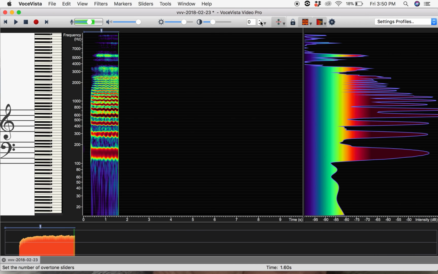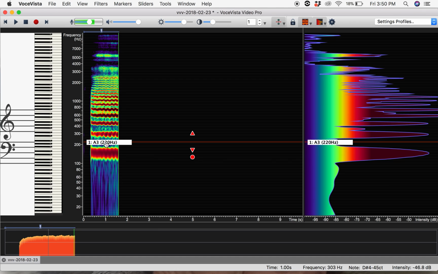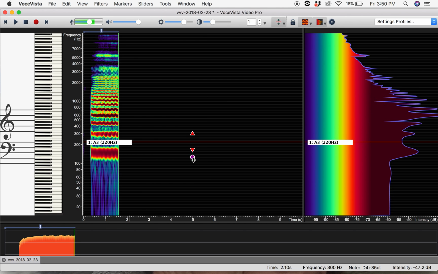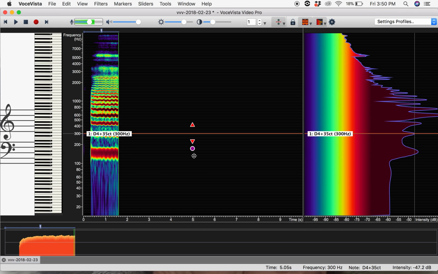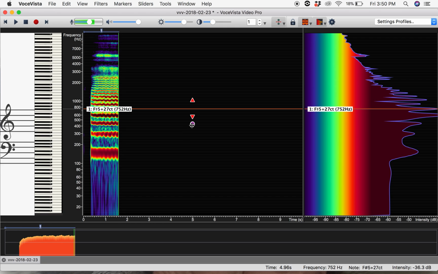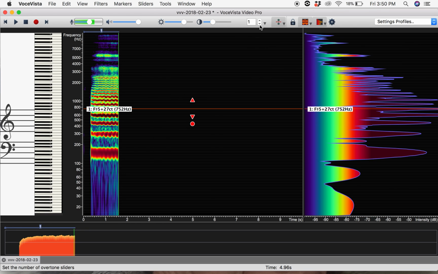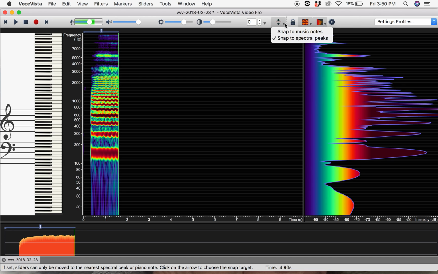This is our marker window. So when I click 1, you see that it tells me where A is, A3. I can move that marker up and down. So right now it's telling me I was singing a D sharp 3, that's a D4, whatever. So you can add lots of these and mark the harmonics you want to, should you want to, if that seems interesting. This is a snap to function that I rarely use because I like to use the information that's